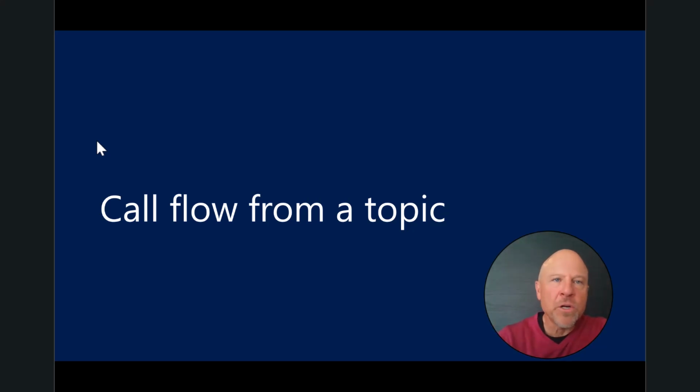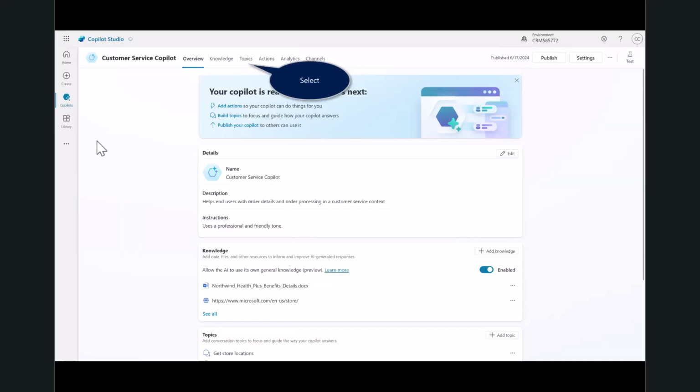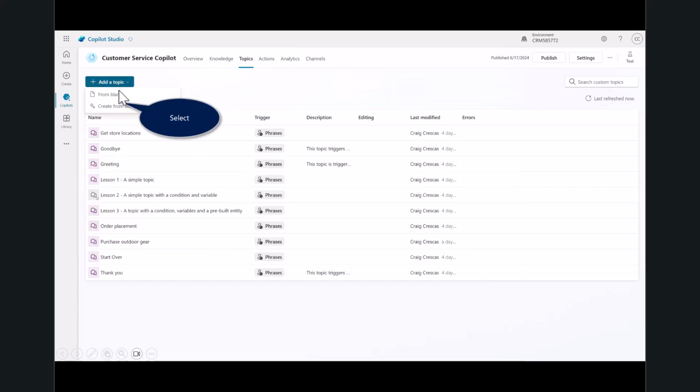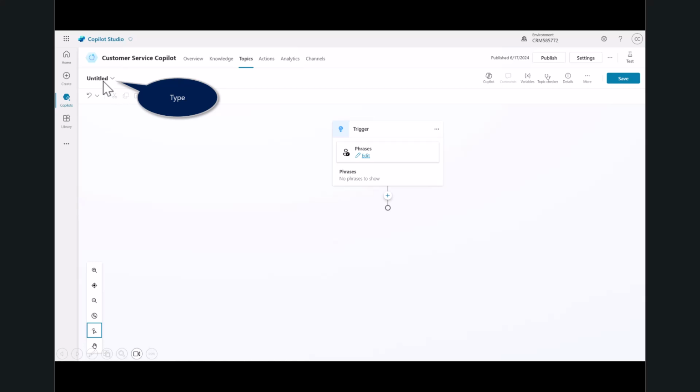Now let's call a flow from a particular topic. So I'm going to go back into Customer Service Copilot. I am going to add a topic from blank. I'm going to rename this Get Weather. And just a reference here, at the time